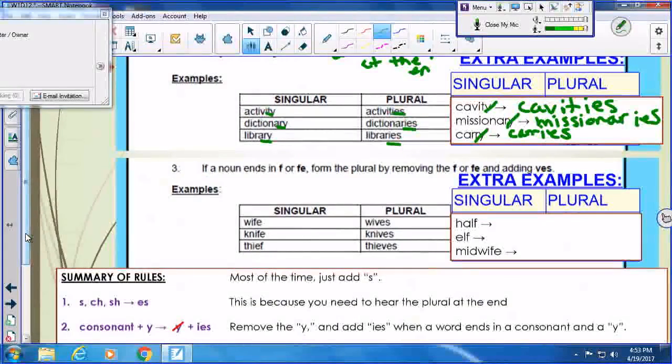Then number 3, start off with wife, get to wives, knife, knives, thief, thieves. So in this rule, if a noun ends in F or FE, right? FE on wife, FE on knife, F on thief, form the plural by removing the F or FE and adding VES. Some more examples. Half ends in F. So we take off the F and add VES,